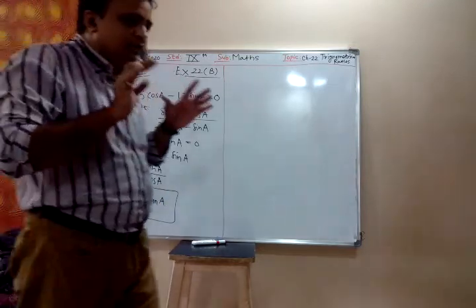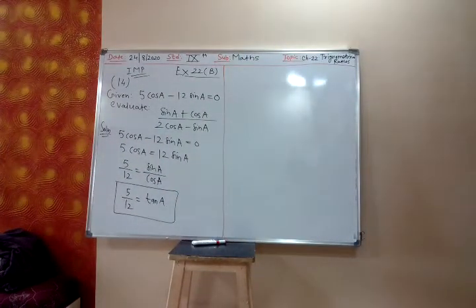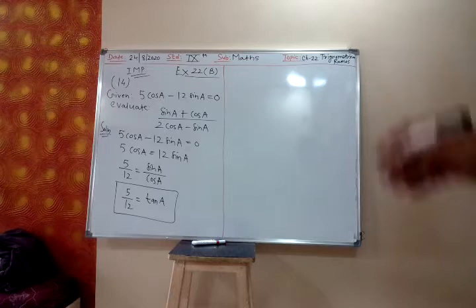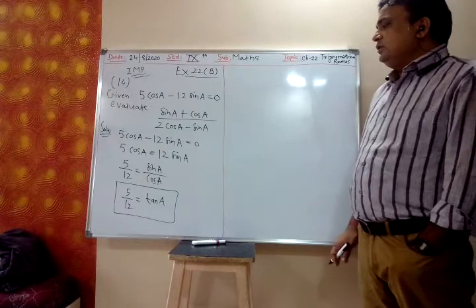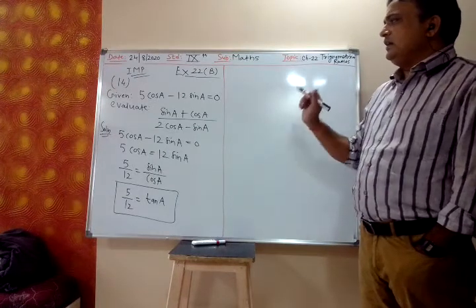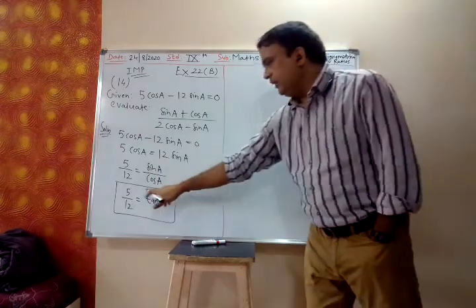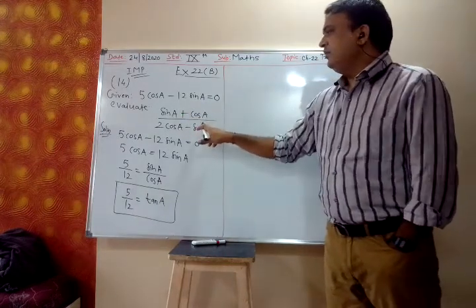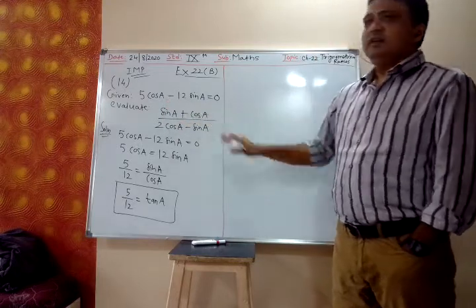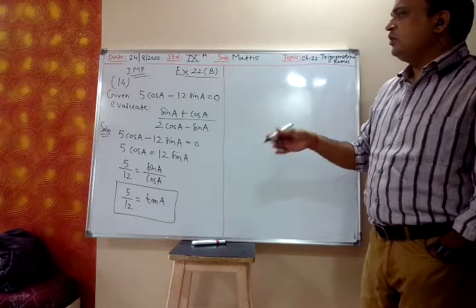Now, sin A upon cos A is equal to tan A. Last lecture I had explained how sin A upon cos A is tan A. Now see, from here there are two methods. One is you draw the diagram. Tan is opposite upon adjacent. You draw the diagram, then find sin A and cos A and then simplify this. The second method is without drawing the diagram.